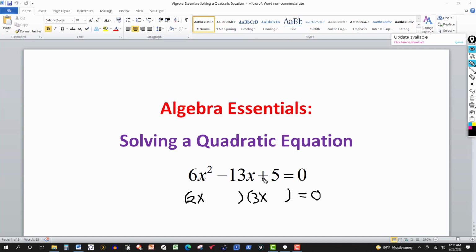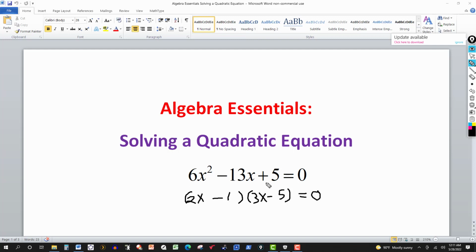If the sign of the third term is positive, both signs will be whatever the middle term is, assuming the first term is positive. So in this case, these both will be negative. And then factors of 5, we'll try 5 and 1, or 1 and 5. And then just do your check here. Use your formula. 3x times 2x is 6x squared. And the inner term here, minus 3x, and over here, minus 10x, that's minus 13x, and then minus 5 times minus